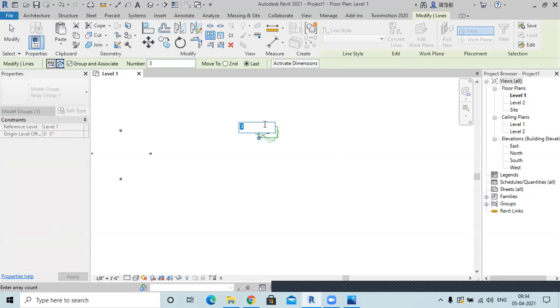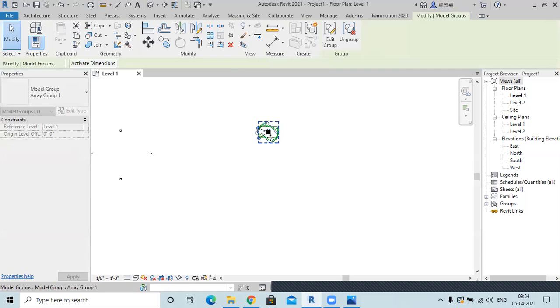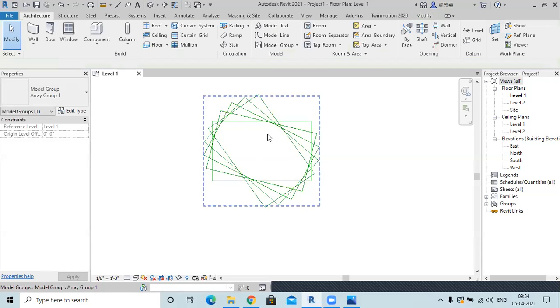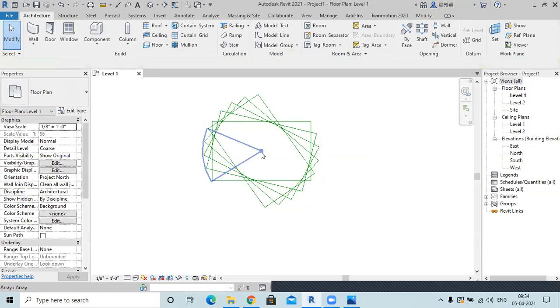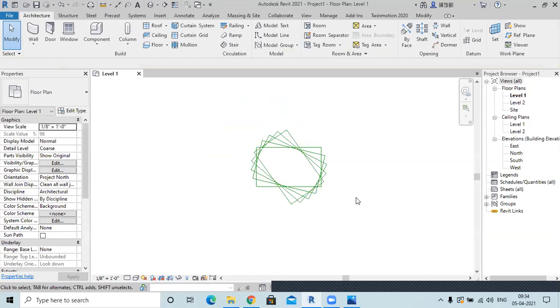Okay, I'll keep 5. So it will automatically create 5 radial arrays at the same center point as the first rectangle. And this is how it will look. So this is what array does.